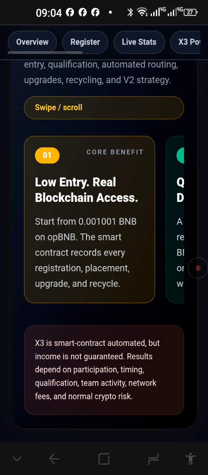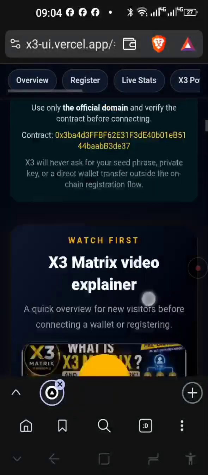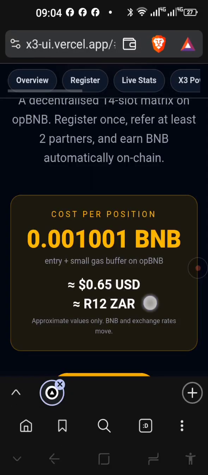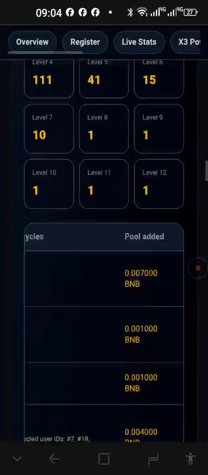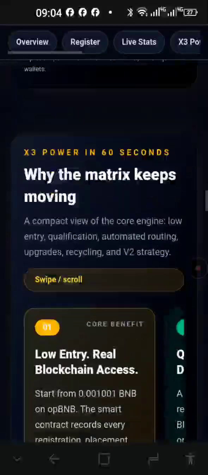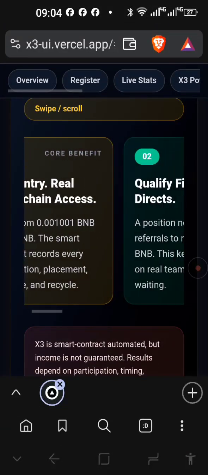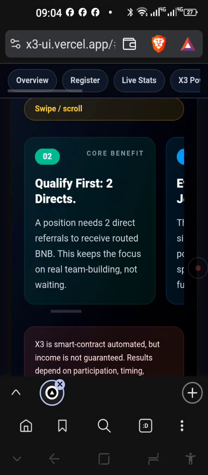So X3, as I showed you there, it's basically 12 Rand, or 60 to 65 US dollar cents, depending on the value of BNB of the day. Alright, so let's just go on there. Low entry, real blockchain access, and people can learn about blockchain and decentralized smart contracts.